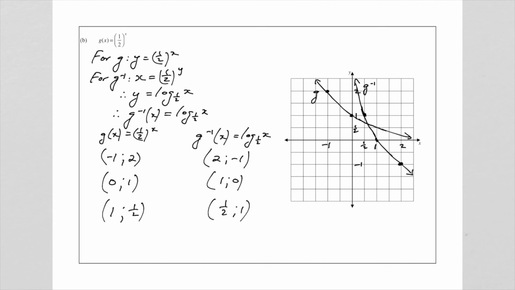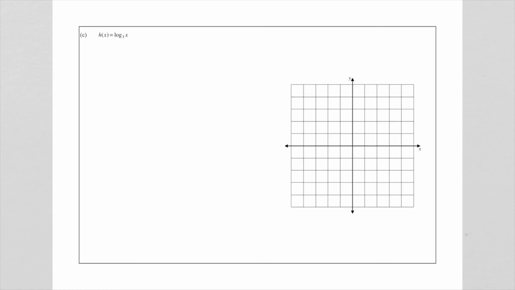So let's just draw that line of symmetry. So that is our line of symmetry, y equal to x, and we just put the name of that line on there. And with that, we are finished with number B. In number C,